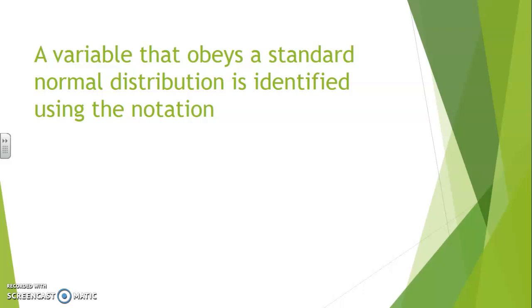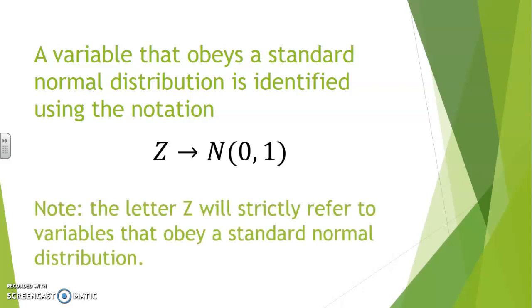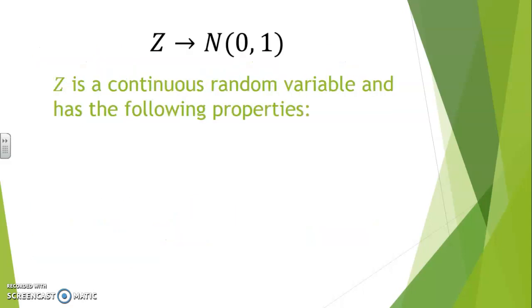A variable that obeys a standard normal distribution can be labeled using Z follows a normal law with parameters 0 and 1. We'll explain later on where the 0 and the 1 come from. The letter Z from now on will be strictly used to label a standard normal distribution. When Z follows a normal distribution with parameters 0 and 1, then Z is a continuous random variable and it